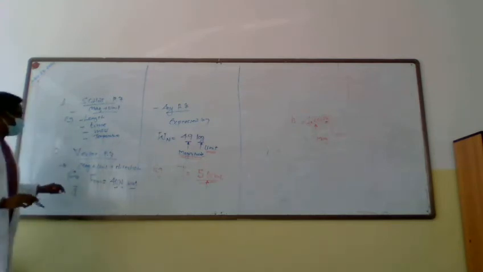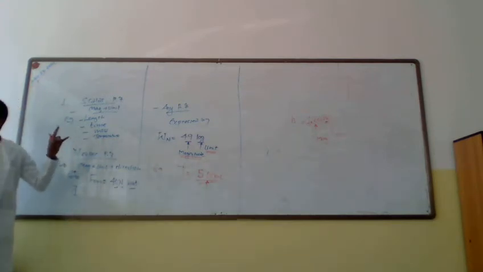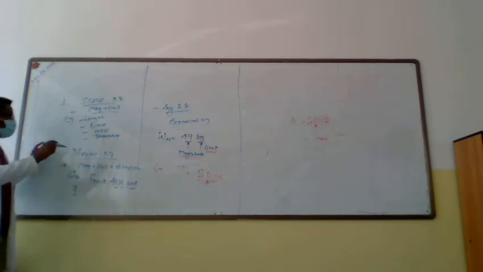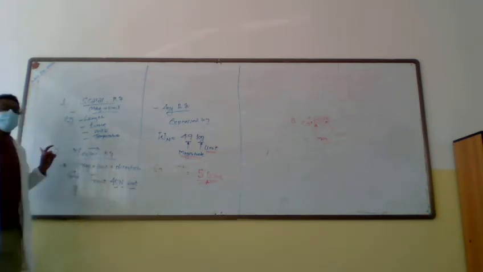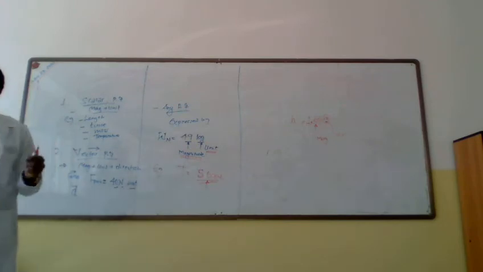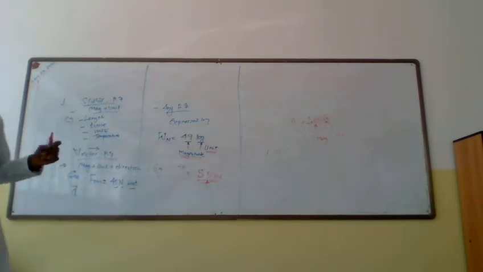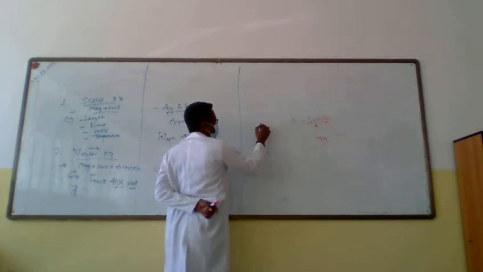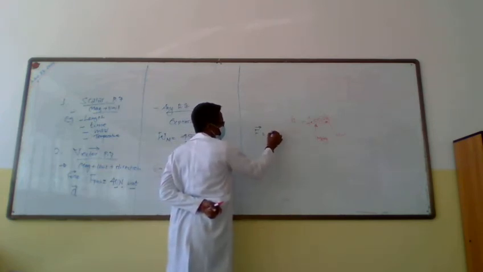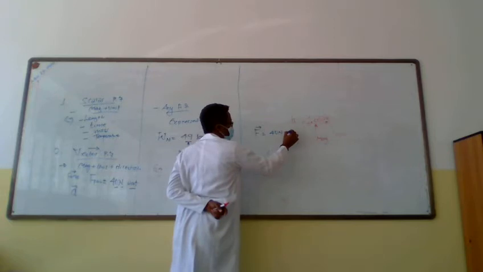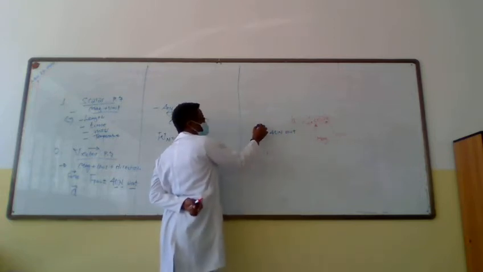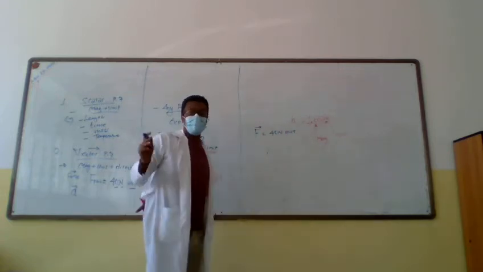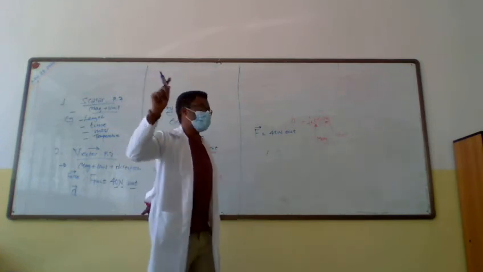a vector physical quantity. By the way, for vector physical quantities, on the top of the quantities, we use arrows. We use an arrow to show they have a direction as well. For example, if you are expressing the force, you have to add an arrow. For example, it's 40 Newton east. If I say this arrow means the force is a vector quantity, it has a direction as well.